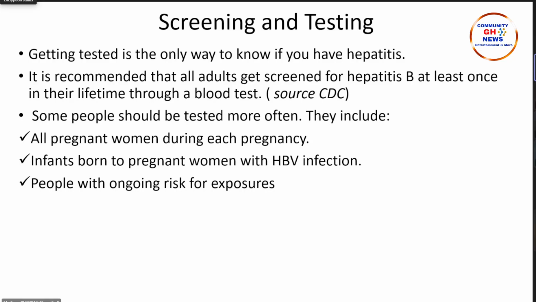So once we know it's just a chronic thing and the viruses are not actively replicating, we just monitor you till the end of the pregnancy. Once you deliver, we give the baby the hepatitis B vaccine and immunoglobulin. Then the baby is also good to go. So for infants born to women with hepatitis B infection, even though we've given the baby the vaccine and immunoglobulin, there has to still be follow-up. As time goes on, they have to still screen them for hepatitis B to make sure they don't have it, so that if they do, it will not progress to something else.